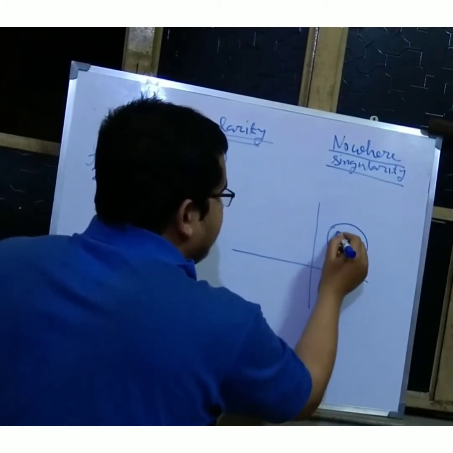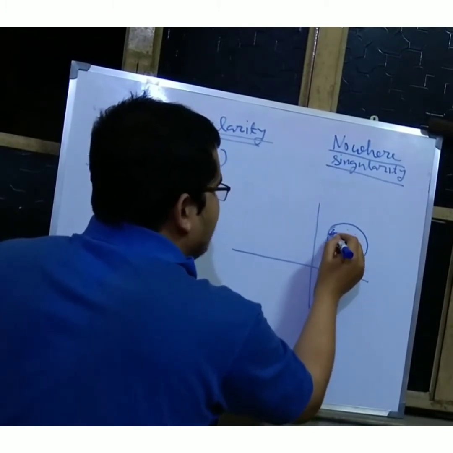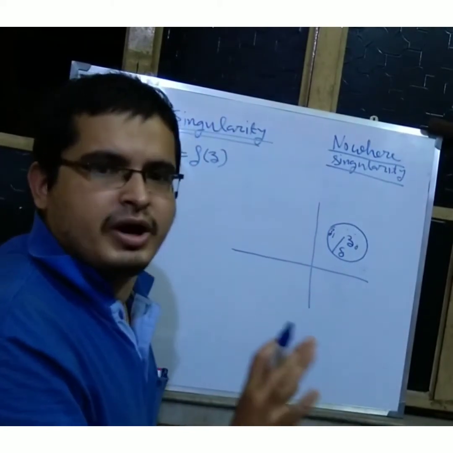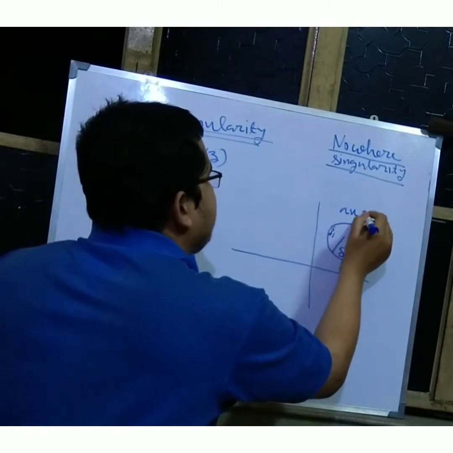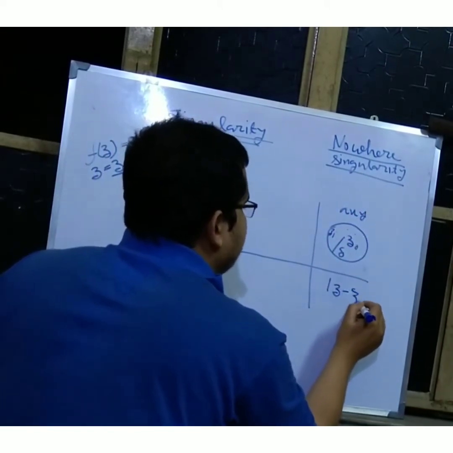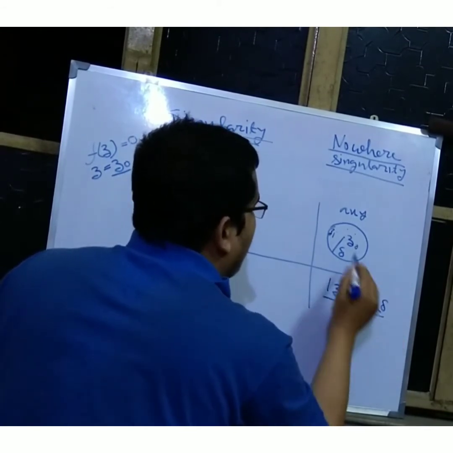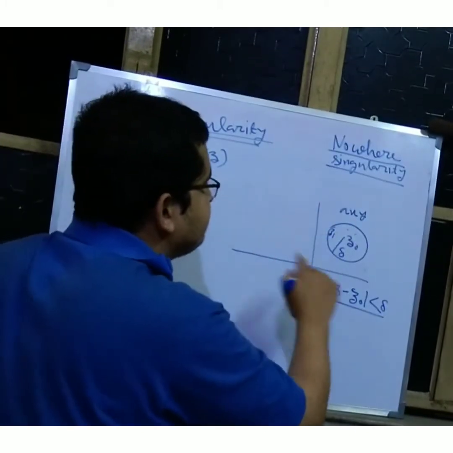If I take any point, suppose z0, z1, in the region mod of z minus z0 less than delta,